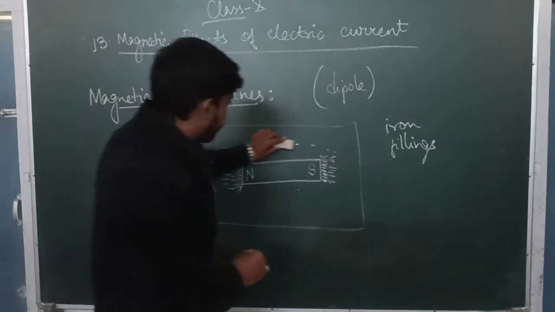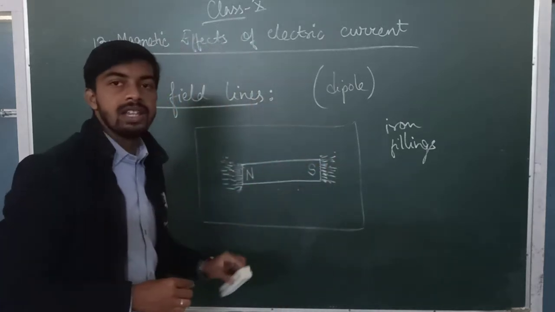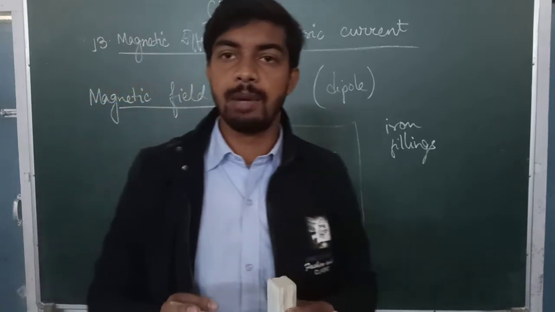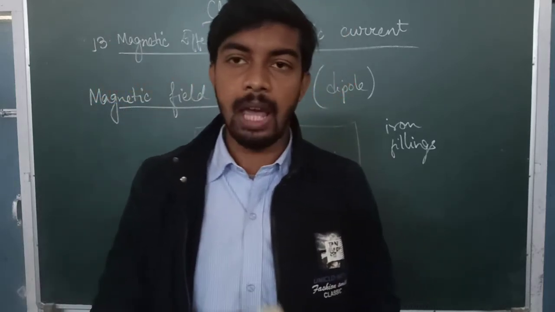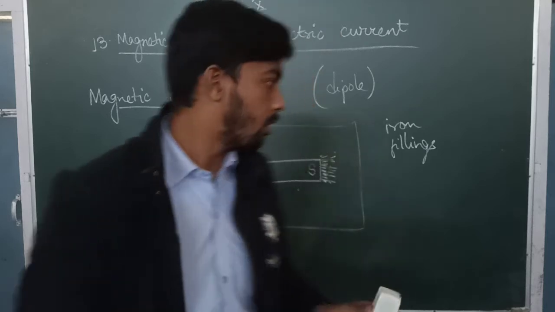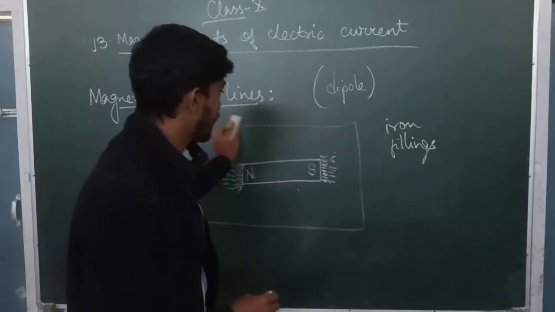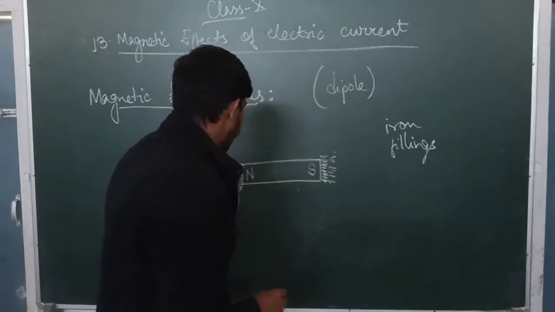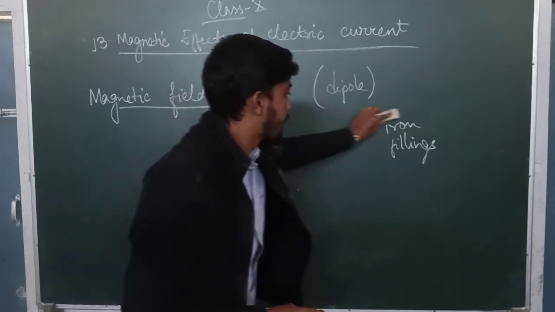That means these two ends of a magnet have some force or capability to hold the iron filings, and this force or this field of the magnet is known as magnetic field lines. So magnetic field lines